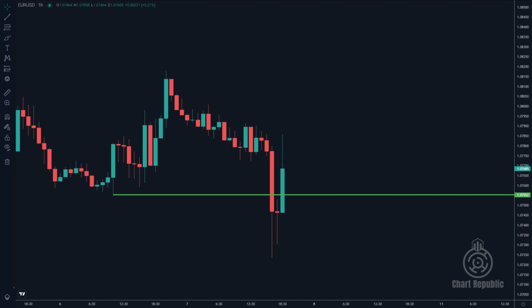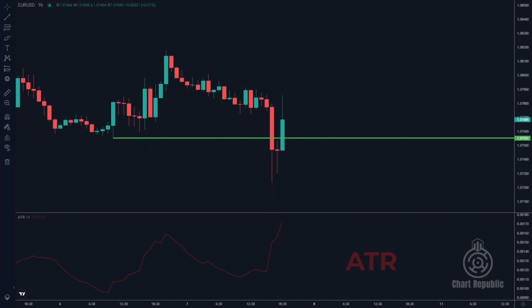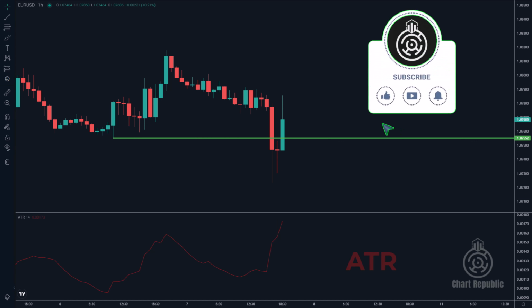To determine the entry point for a buy stop order in this strategy, you can simply add 10 pips to the support line, and as for the stop loss, you can place it just under the last swing low. However, for more sophisticated entry and stop levels with a possibly better reward-to-risk ratio, consider using the average true range, ATR, a volatility indicator in technical analysis that is particularly effective for calculating precise entry and stop points.